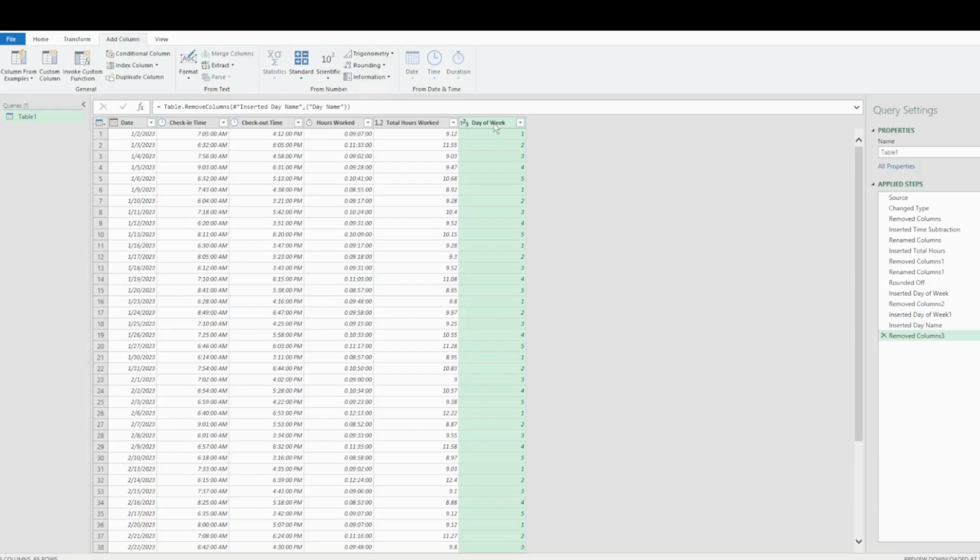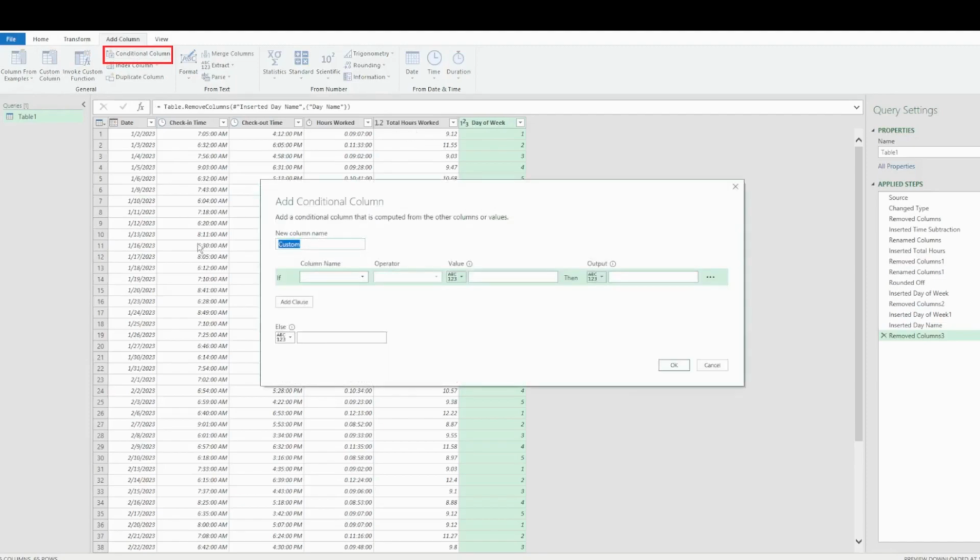And so if we want to have a cleaner picture of the standard hours worked for each work day, we can add a conditional column. Standard hours worked is its label. So if the day of week equals 5, because Friday here has the number 5 and not 6, as happens in Microsoft Excel, then the standard hours worked is equal to 8.